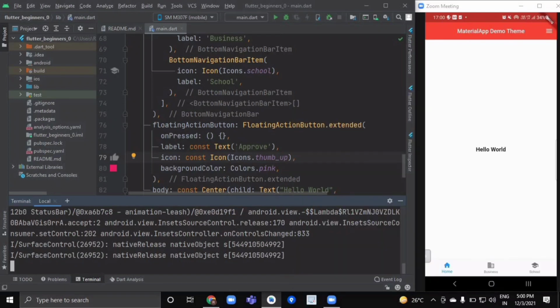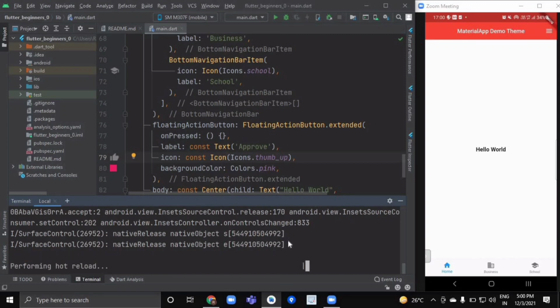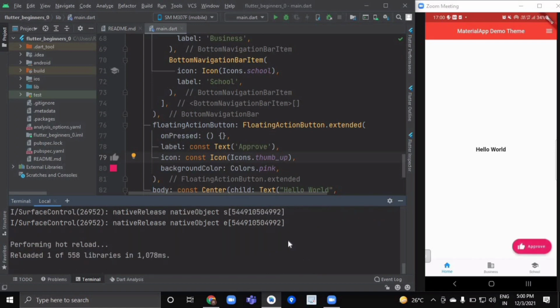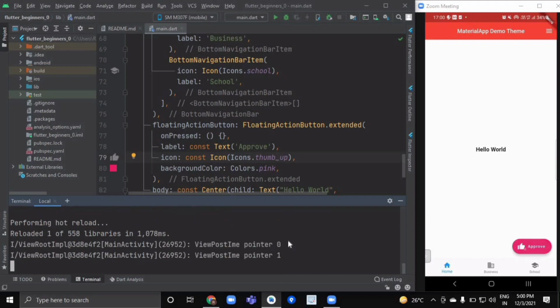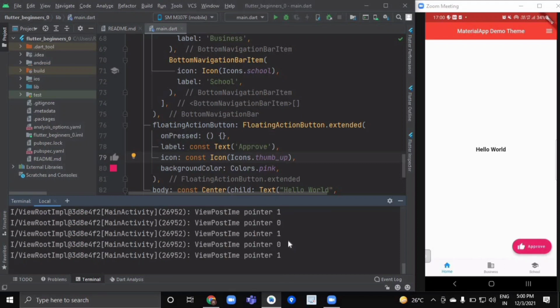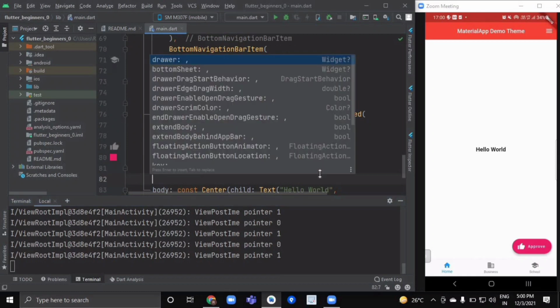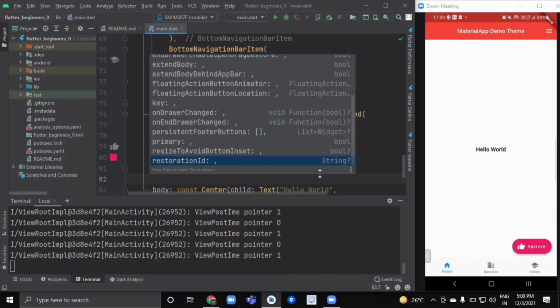We provided some text as label and some icon with some background color. Okay, currently its on pressed is null. So now when you hot reload it, here you can see a beautiful floating action button on your screen, and its on pressed is currently null. Okay, so this is the use of floating action button. You can explore the rest of the properties of the scaffold on your own.